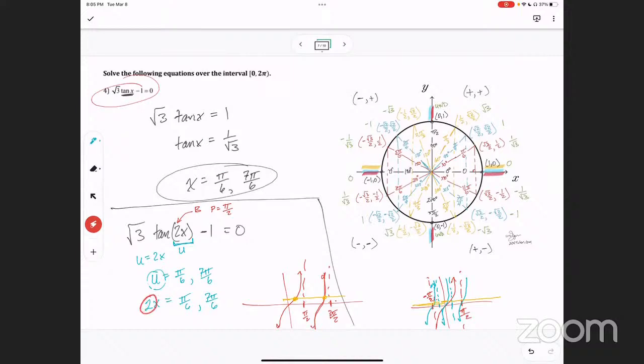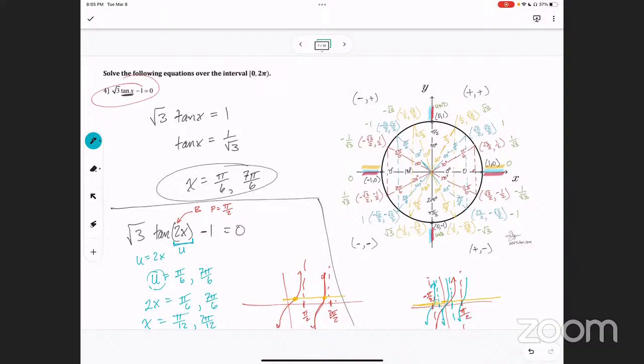How do I get rid of the 2? You divide by 2. Good. I divide by 2. So that means that x equals pi over, not 6, but pi over 12, and 7 pi over 12. But that's just 2 of the answers. I have to find 2 more answers,